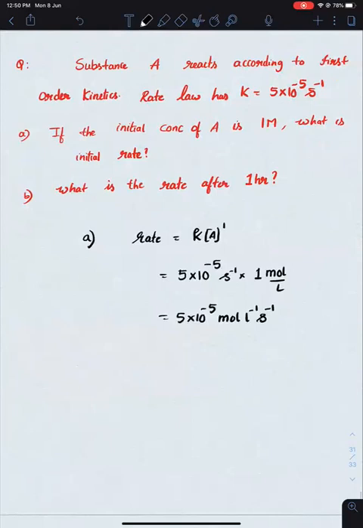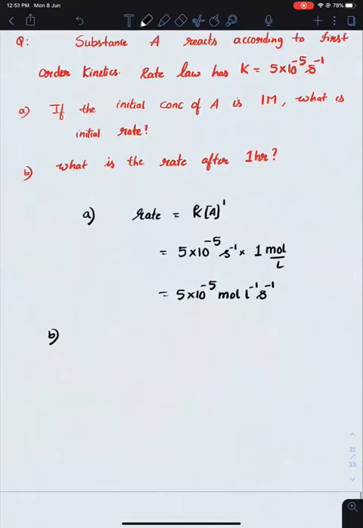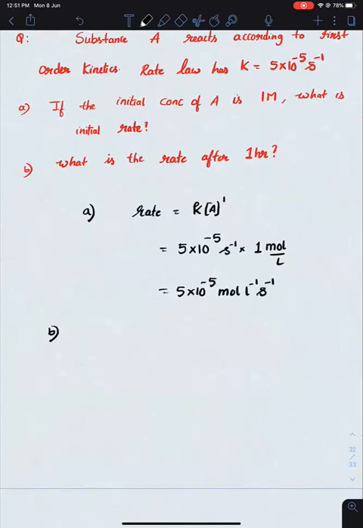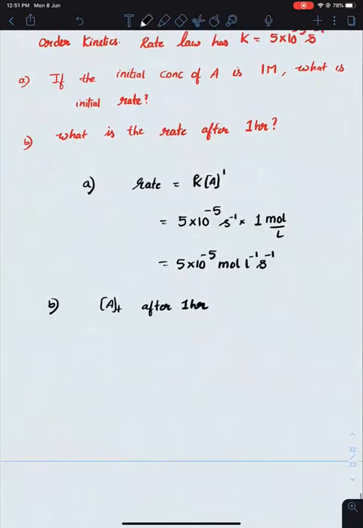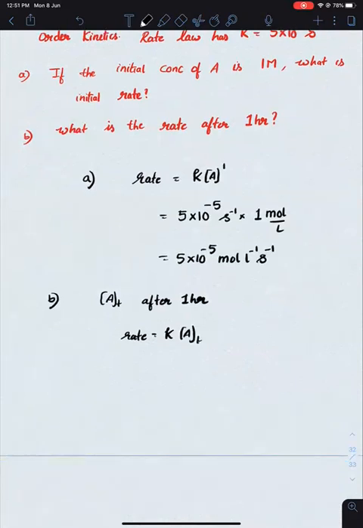Initial rate आ गया. So if you want to find the rate after time of 1 hour, इसमें क्या log में आएगा, calculation करना मतलब वो वाला value मुश्किल है, but we will just substitute the expression and leave it there. So if you know the value of At after 1 hour, we can find the rate. क्योंकि rate क्या है? Rate equals to K into concentration of A at time t, और उस पर्टिकुलर 1 hour पे क्या है concentration वो सब्स्टिट्यूट करना पड़ेगा. हमको एक्सप्रेशन क्या पता है? At is equals to, you can use any expression to find the value of At.